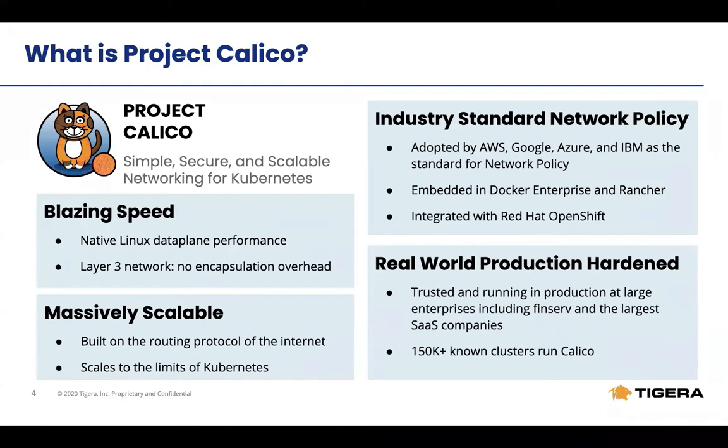The ability of Calico to get such a great speed is attributed to the fact that Calico uses native Linux data plane for performance, so it directly programs the Linux kernel to send the traffic, and has an ability to avoid